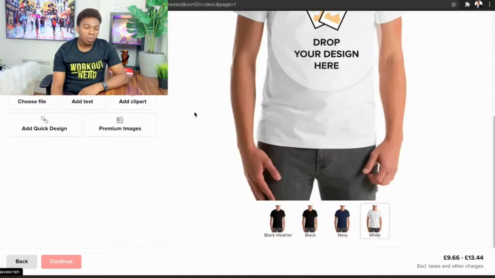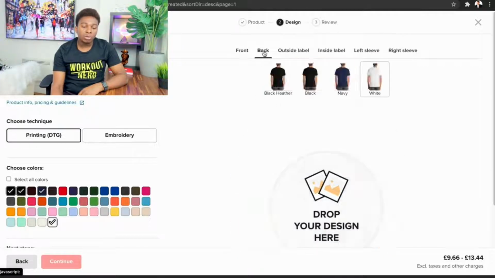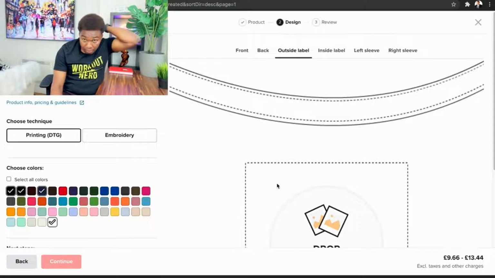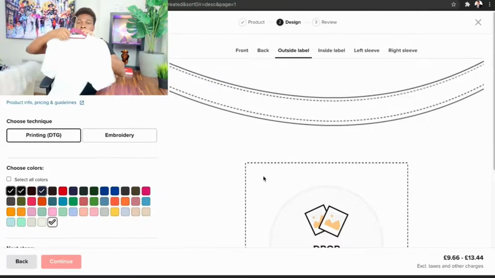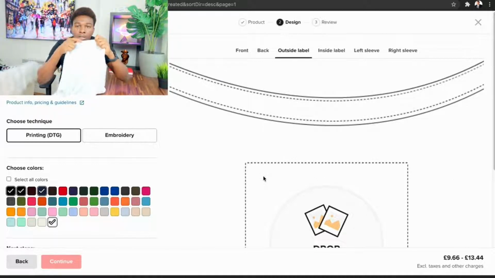Now, the next step involves you uploading your file. Choose the file you want, or you can add a text, add a clip art, add a quick design, or add a premium image. And if you go here, we have front, how it looks on the front, how it looks on the back, outside label. If you want to have an outside label, here is how it will look. This t-shirt, I bought it from Primark, so I will show you how the inside label looks. You see, this is the inside label. If you want to have an inside label,